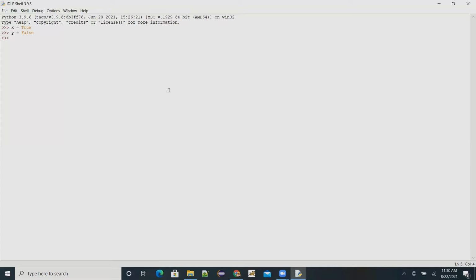Now we can try to print the type, say type x,